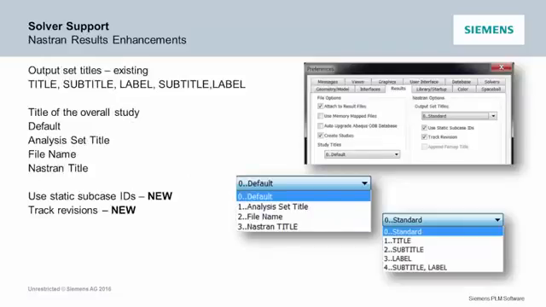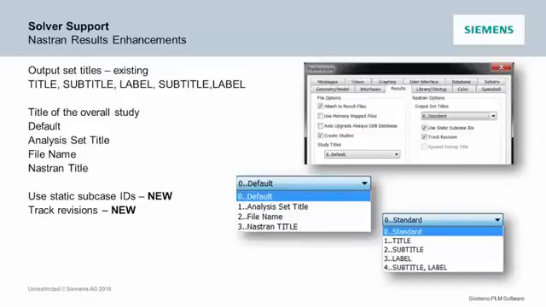Nastran, obviously, with Siemens and NX Nastran and all that, and even a lot of our customers still run MSC Nastran. People's processes are kind of built around Nastran and how they do it. So a customer came to us, and we have these studies now. If you read in your modal run or a transient run, everything goes inside of one study. That study used to get just a title, or just say modal or static study, or transient. It now can optionally get the file name that you read the results from. So if you're naming your file something that means something, you're going to see it as your study title,